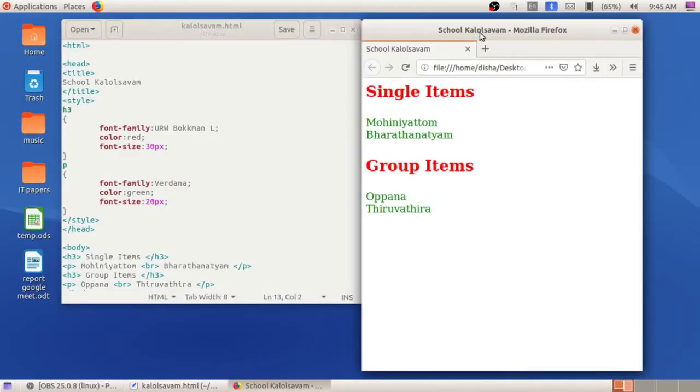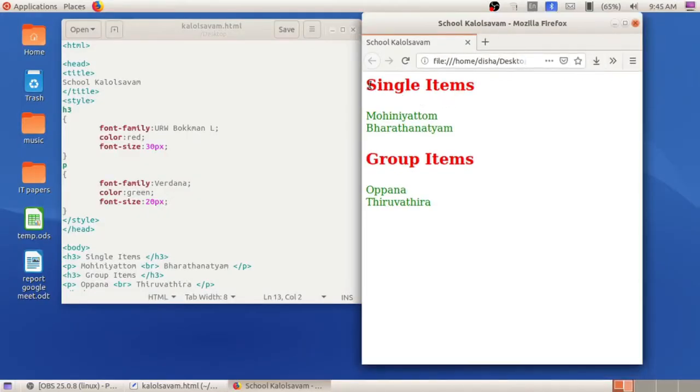Double click to open. See the difference? Here the heading is in red color and the content is in green color. So likewise we can apply different styles using CSS for heading and paragraph, which is activity 3.3 in your textbook, applying cascading style to the heading tag. Hope it's clear for you how to give CSS tag for both headings and paragraph.